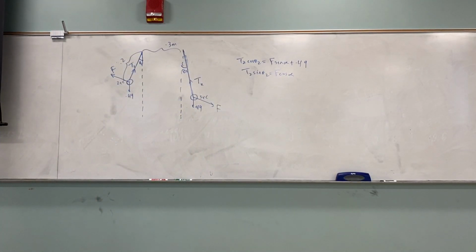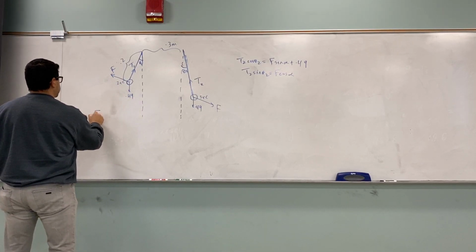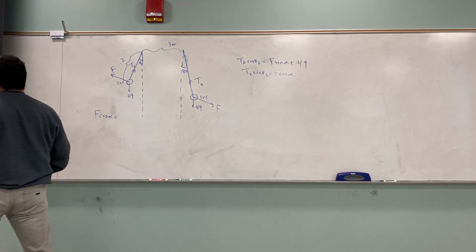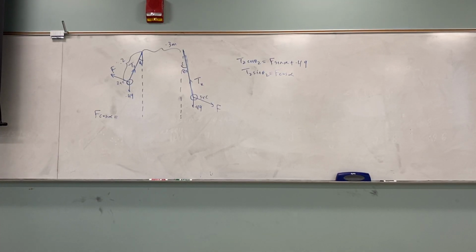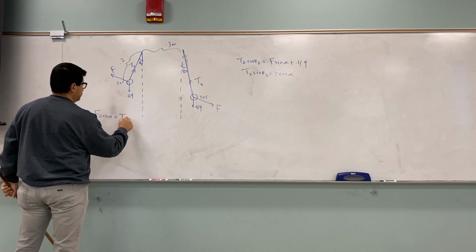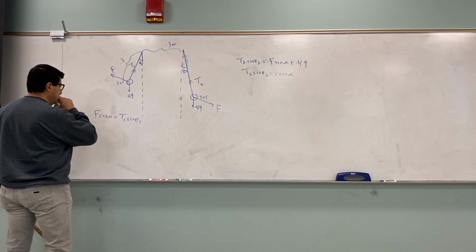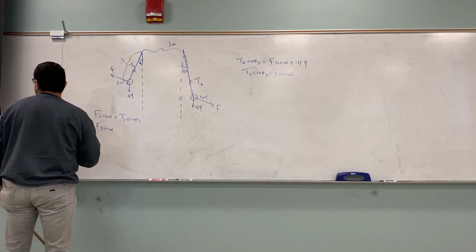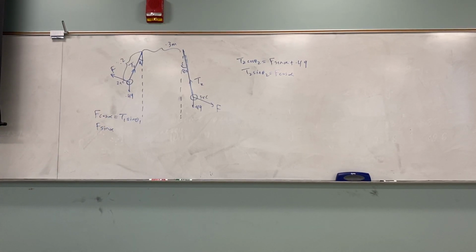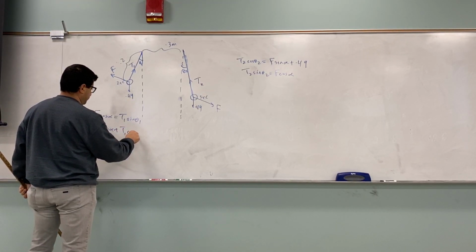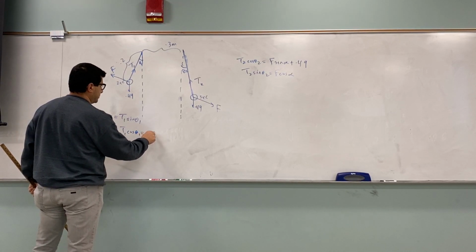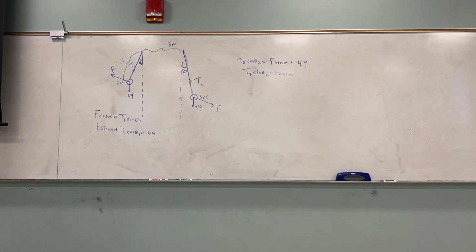And then these two are for the other object. F cosine alpha. So for this guy, you have F cosine alpha is equal to T1 sine theta 1. And then F sine alpha plus T1 cosine theta 1 is equal to 0.49, and then we put them together and we eliminated the F and we got